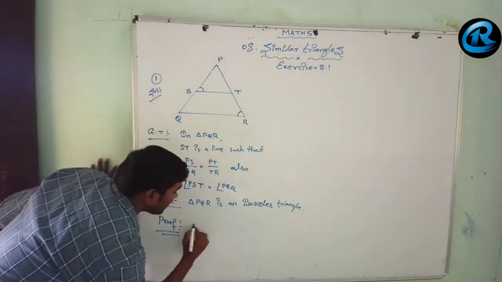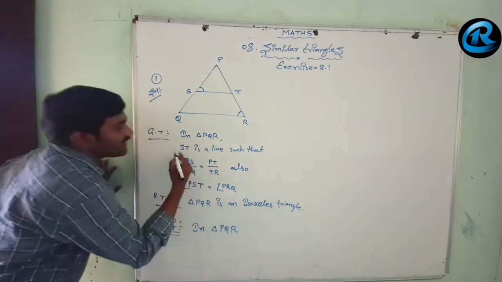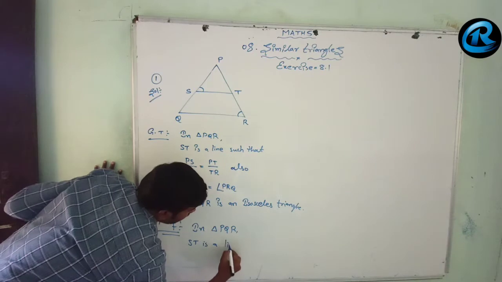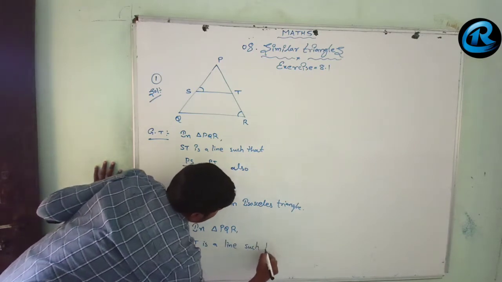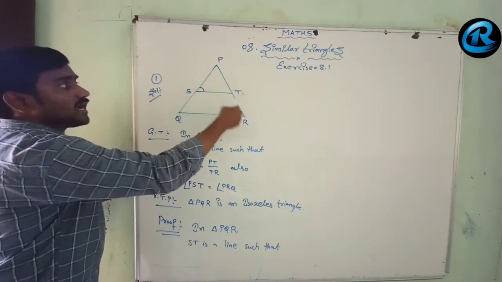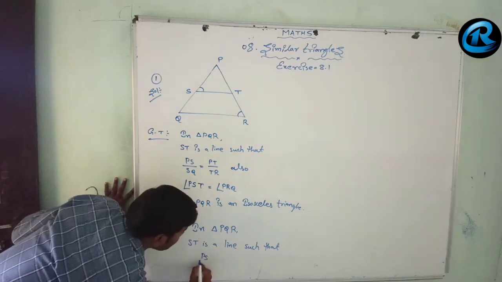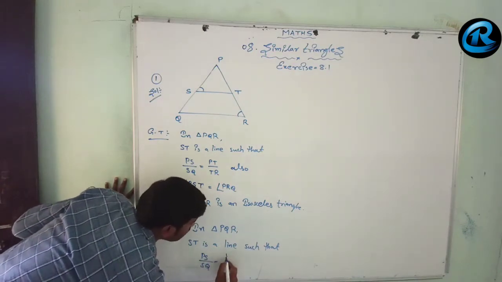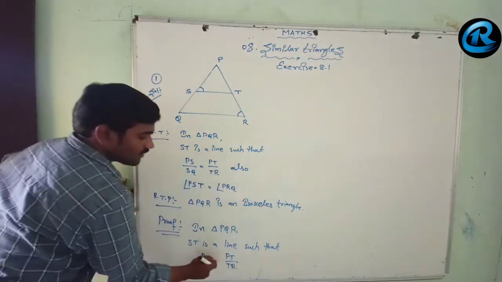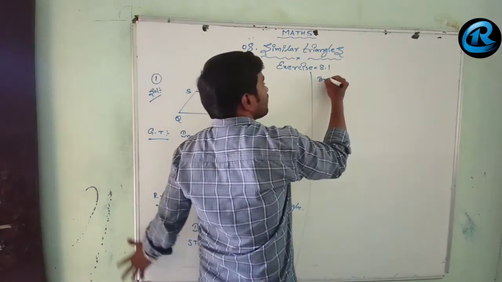Now, given that in triangle PQR, ST is a line such that this line, this ST, is intersecting these two sides in the same ratio. How? See this, PS by SQ is equal to PT by TR. In this way it is divided. So by using Converse of BPT Theorem,